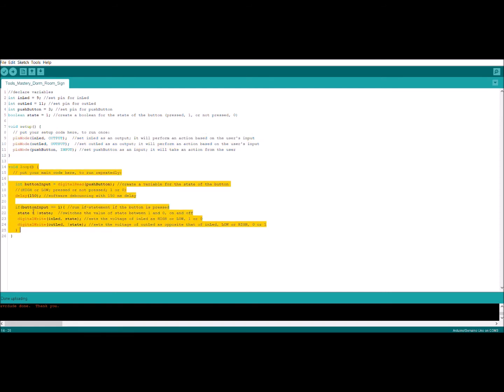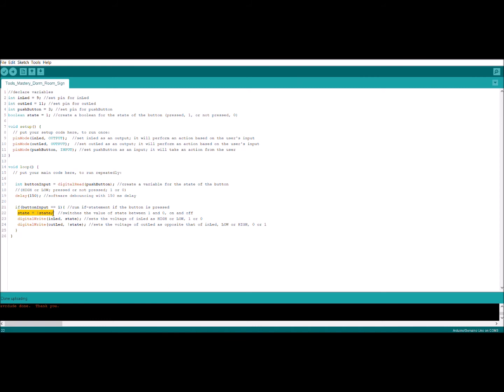We broke down what we wanted our circuit to do as using a button push to toggle between 2 states, alternating which LED is on. The input button variable reads the state of the button as either pressed or not pressed. Next, we created an if statement with the constraint that the button input equals 1, or that the button is pressed. For the if statement, the Boolean state starts off as pressed, so pressing the button then changes the state